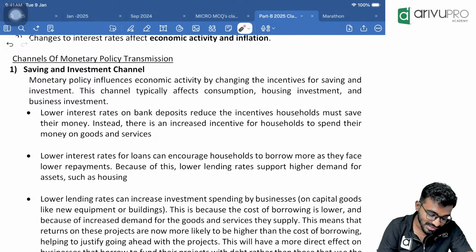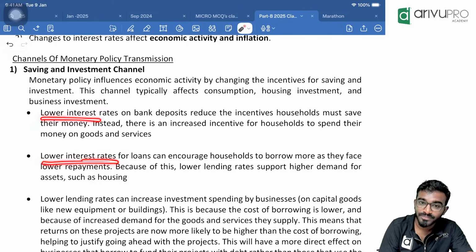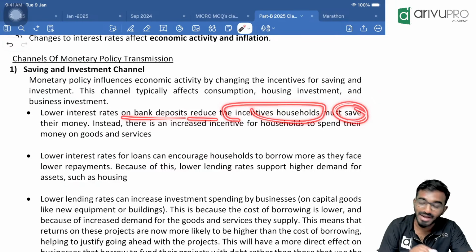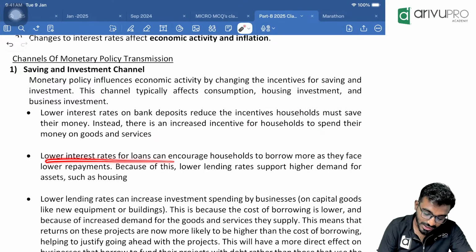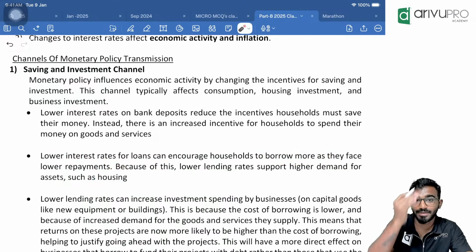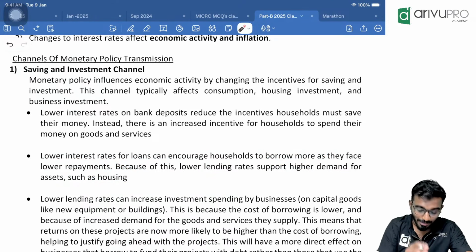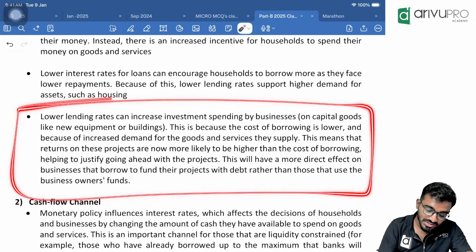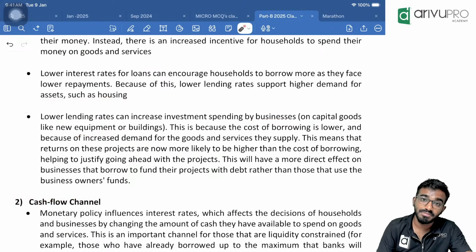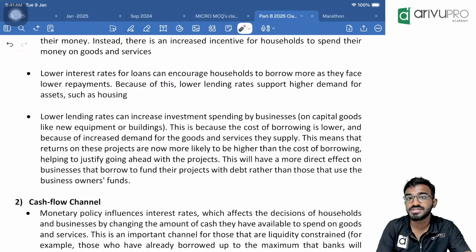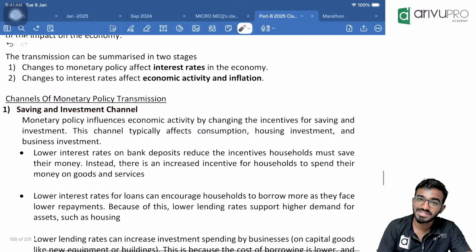See, whenever interest rate decreases, lower rate of interest on the bank deposit reduces the incentives for the households to save money with the bank. But when there is a lower interest rate, household people will come and borrow more money and invest it on their housing, their dream home, apartment to building constructions and all. But businessman, when there is a lower interest rate, he will come forward to borrow loan and invest it on his capital projects. Whichever big project he was waiting for to buy land, machinery, equipment and all, rather than using his own funds, he will use general public money to run a business now. That is what savings and investment channel is all about.